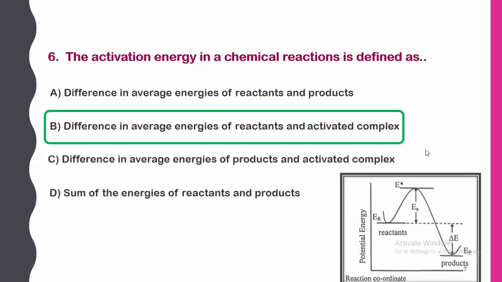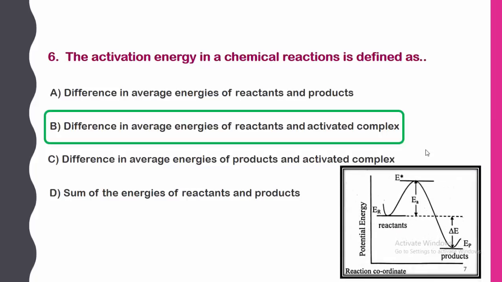So how can it be explained? Very simple. Just in front of you there is an energy profile diagram, with potential energy on the y-axis and reaction coordinate on the x-axis. We have already studied this energy profile diagram from our junior college level, 11th standard. Here we can see the reactants, and whenever the reactants are converted into the products by means of an activated complex, that is sometimes also known as the transition state or activated complex.